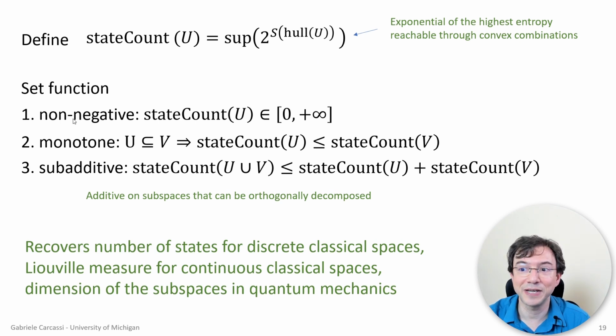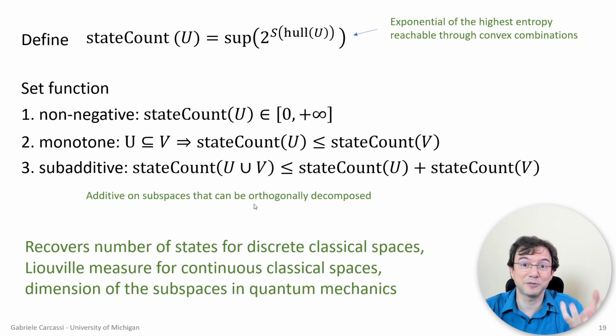And again, what you can demonstrate is this is a set function, because it takes a set and gives you a number. The number has to be non-negative because it's an exponential of something, and the exponential of something can only be positive. It is monotone because, if you make the set bigger, the hull is going to be bigger, and so you are going to calculate more possible entropies. The set of possible entropies is going to increase, and the supremum can only go up. And so this is a monotone set function, and it's subadditive because we saw that the exponential entropy is subadditive when you're making a convex combination.